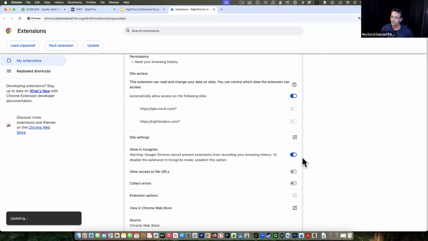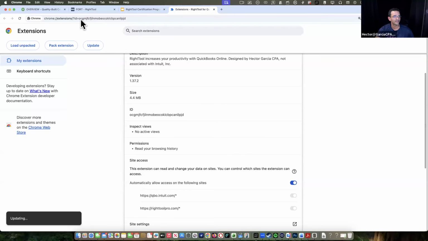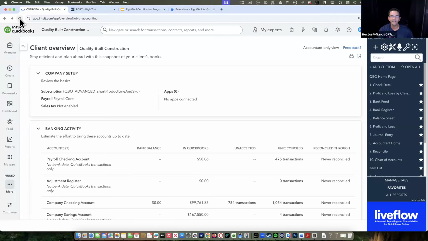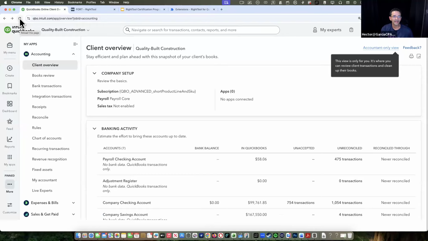That allows you to even use RightTool even in incognito. So that's really up to you, and by default, that's turned off. So if you also find yourself needing RightTool in incognito, that will do that. Last thing I'll show before I go deep into the settings, and then I'll also have